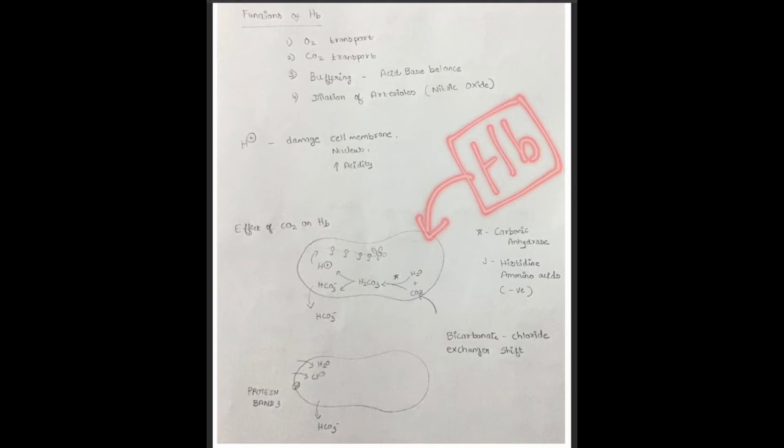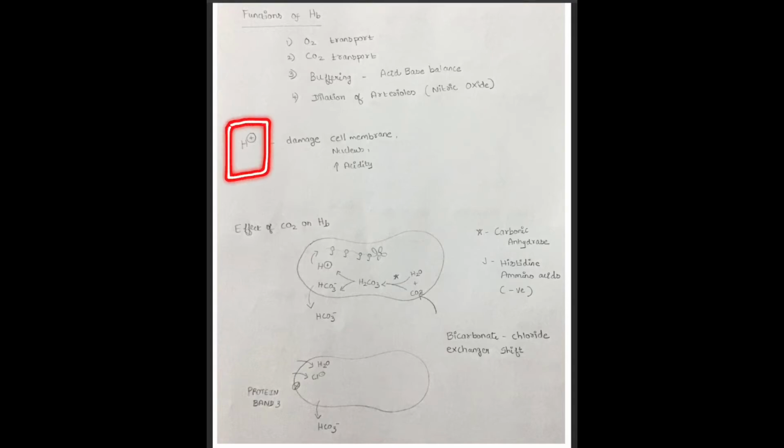In the same way, this hydrogen ion, if it goes freely in the circulation, will damage the cell membrane and nucleus, and the important character of hydrogen ion is increasing the acidity. There should be someone to hold this hydrogen ion. So here comes the hemoglobin. In hemoglobin we have discussed,